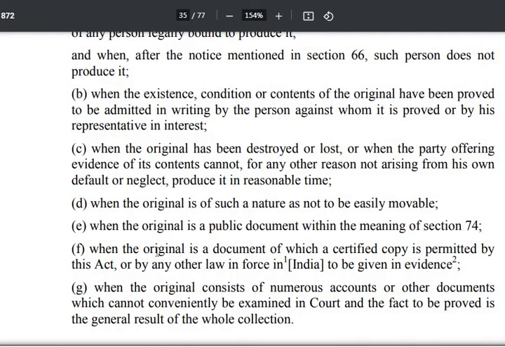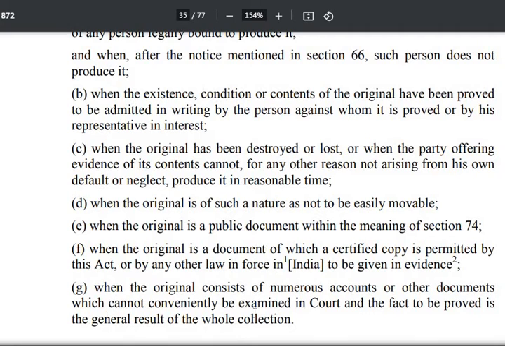Now next, when the original is a document of which a certified copy is permitted by this Act or by any other law in force in India to be given in evidence. अब देखो पहले वाले क्लाउज में it is public document, वहां पे सर्टिफाइड कॉपी होगा। अब in the next clause there may be a private document also where the certified copy is permissible, तो उस केस में भी आप ओरिजिनल की बजाय सर्टिफाइड कॉपी दे सकते हो।